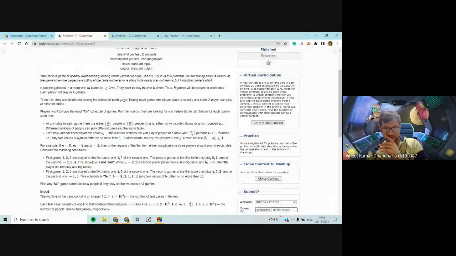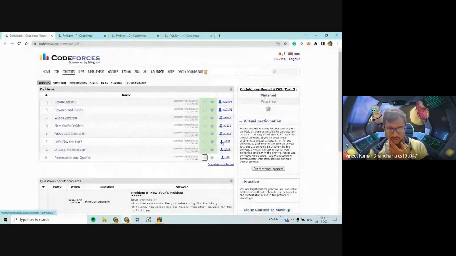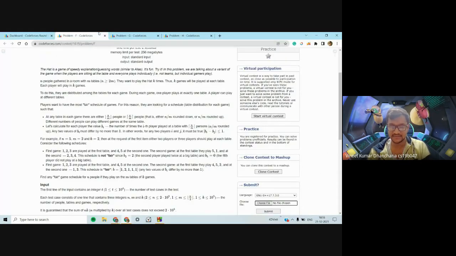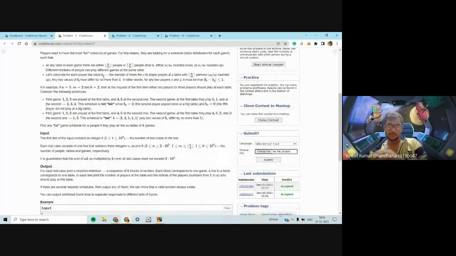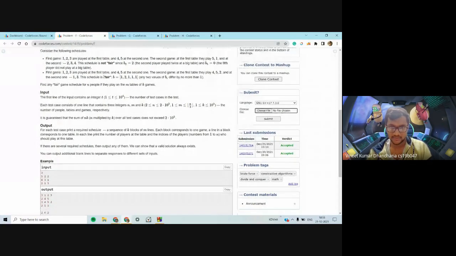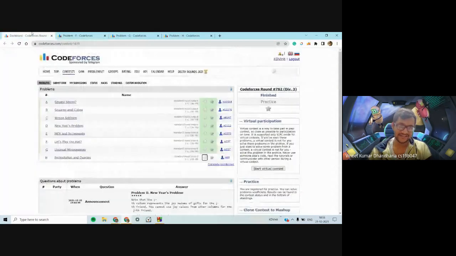So F was one of the easiest problems of this contest. I'm not very sure why there are so few submissions for F, but it was pretty easy and straightforward. Maybe you may get the intuitive idea, and maybe to prove it might take you some time. But if you get the intuitive idea, you can simply implement it and get it done. So F was pretty easy, though it is an F problem.